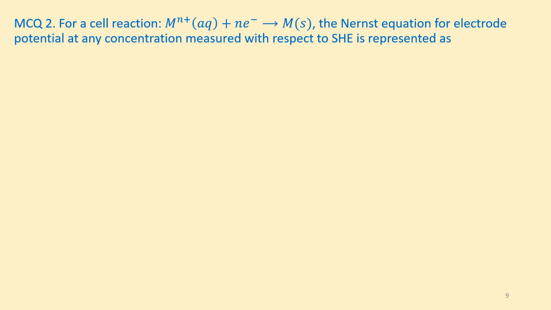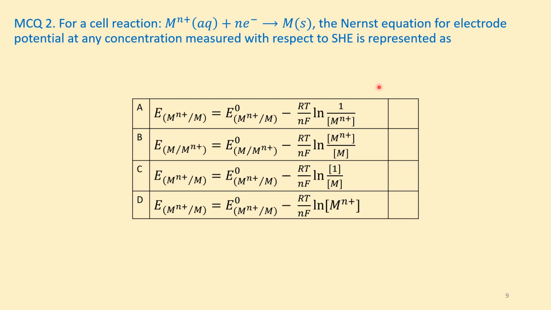MCQ 2. For a cell reaction Mn+ (aq) + ne- forming M(s), the Nernst equation for electrode potential at any concentration, measured with respect to the standard hydrogen electrode, is represented as. Four options are given. Please read options A, B, C and D. Option A,